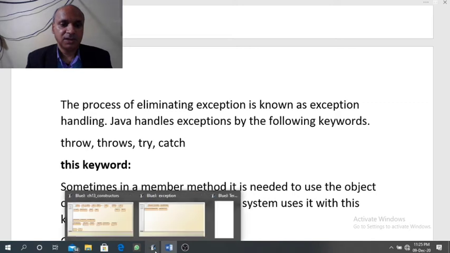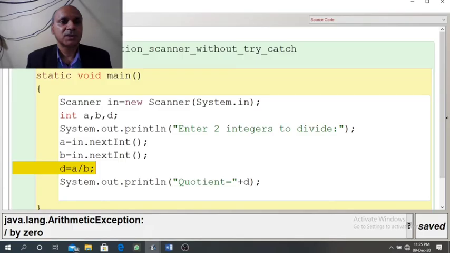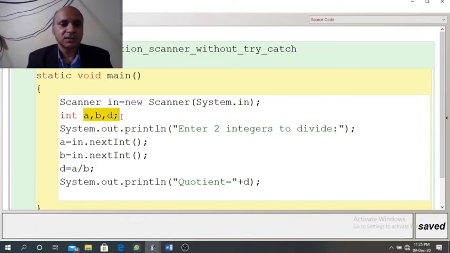I have already designed a class here. Now see the code here. With the Scanner class, I have designed a program to accept two integers, divide the first integer by the second integer and print the quotient value.